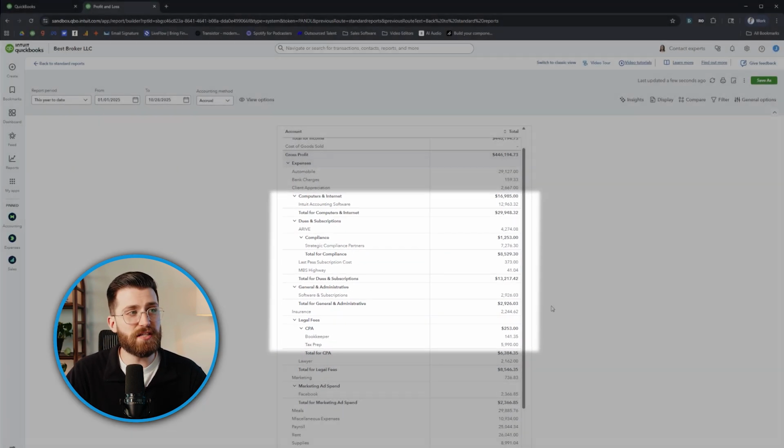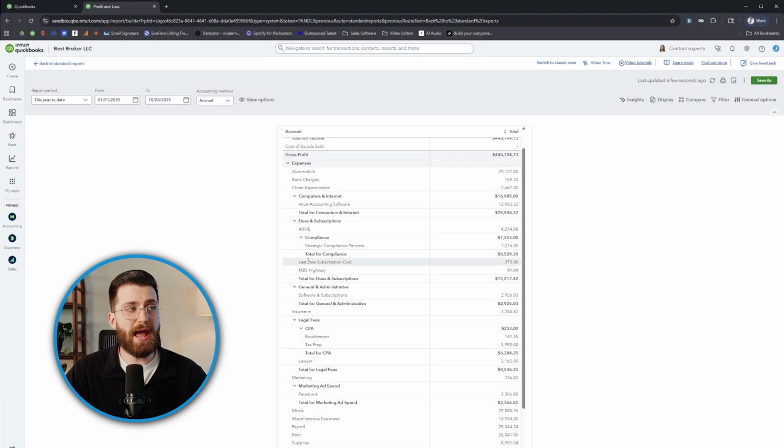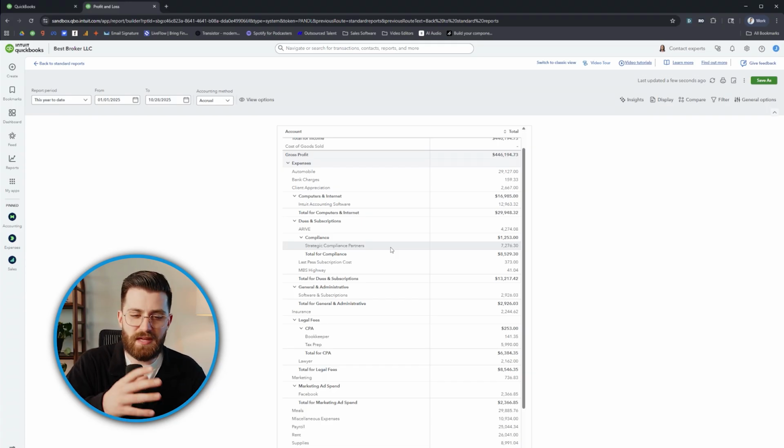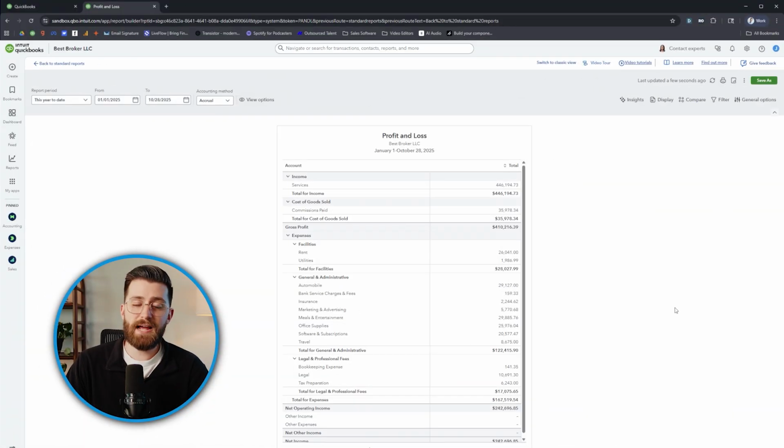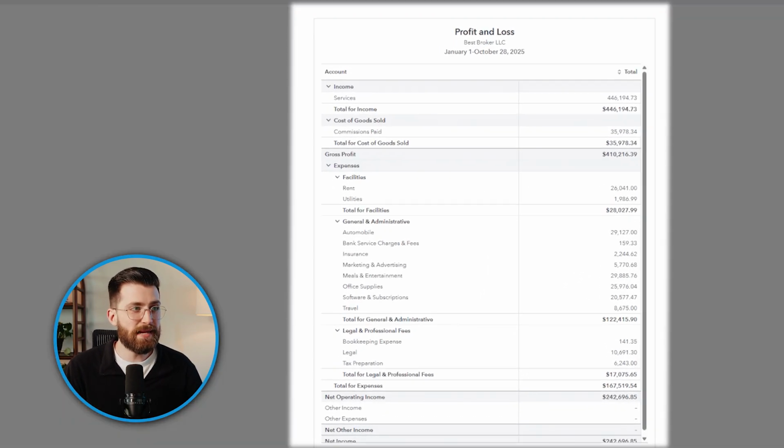Now the rest of the process is that I just have to go through and merge every single other account into its proper place, into that new chart of accounts setting. In order to have that clean chart of accounts, everything has to be moved into and merged with a new account. I'm going to go ahead and skip to the end result to show us exactly what things will look like with a brand new chart of accounts on our P&L. After a little bit of time, I've gone ahead and merged all of my accounts, and as you can see, my P&L is now much more concise